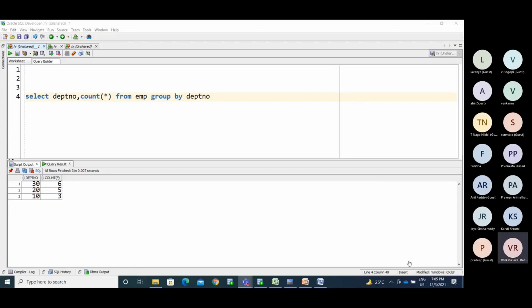Now I need to convert these rows into columns. How can we do that? I will show you one example. Based on that, you can perform your task.